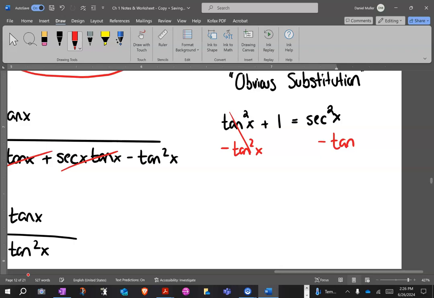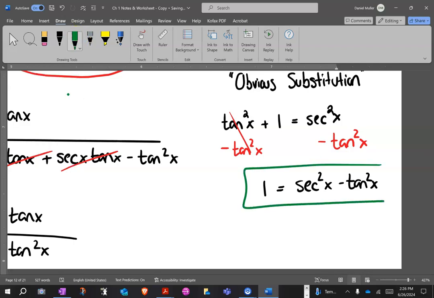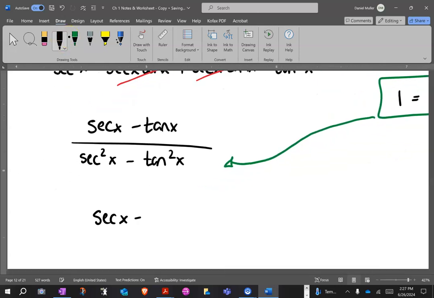So that way my substitution will say 1 on the left and secant minus tan on the right. So that wherever I see a secant squared minus tan squared, I'm going to put a 1, and that's what I have. So I've got a secant x minus tan